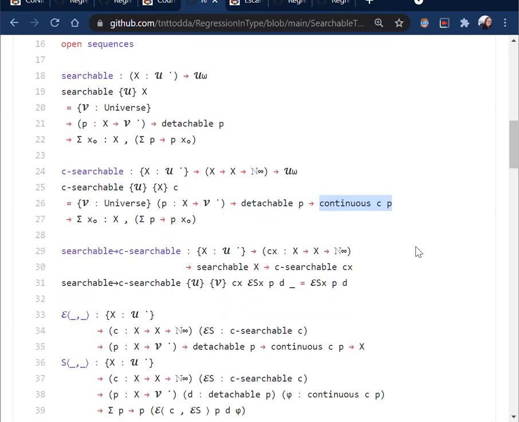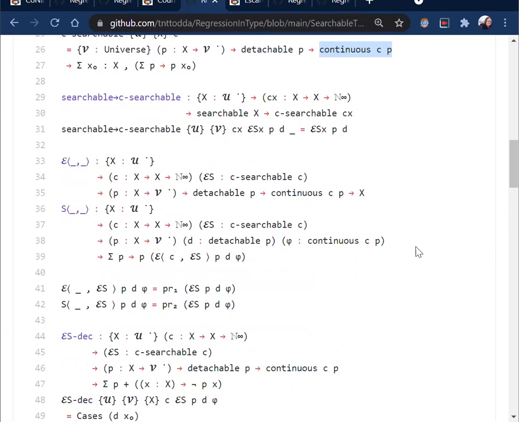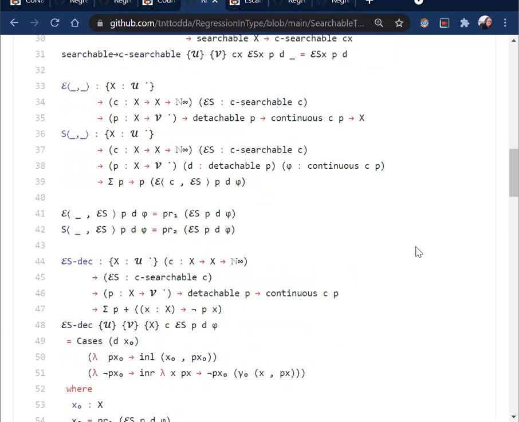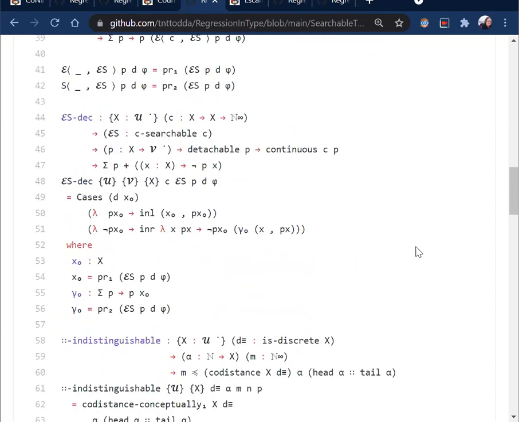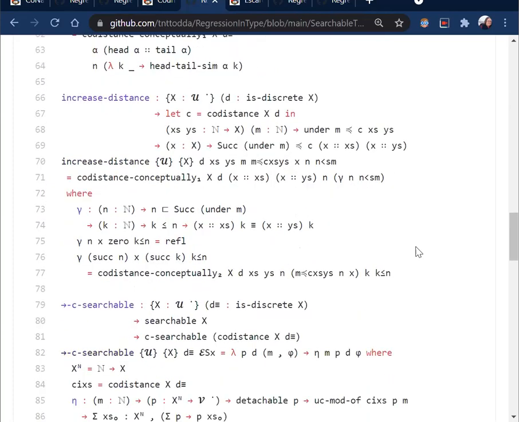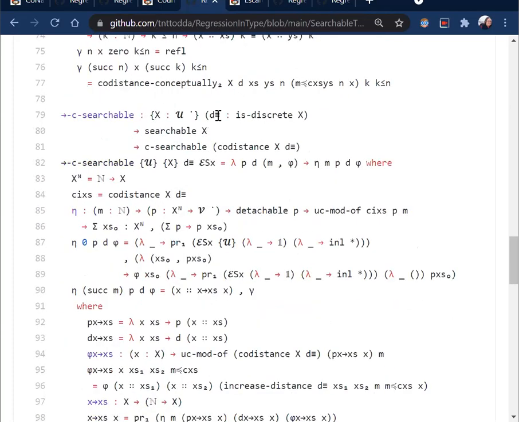And then it's sort of like, on paper, this is just obvious. You can just search it as a finite type now. But in Agda, in a formal way, proving this takes a bit of experience. I wanted to go over the proof for this a bit more, but I'm not sure I'll have too much time. But essentially, this is the proof here that if we have a discrete type that is searchable, then